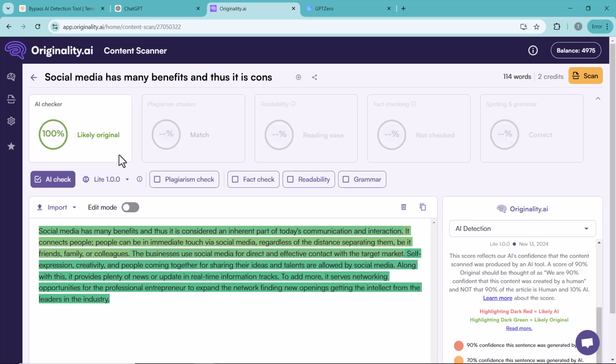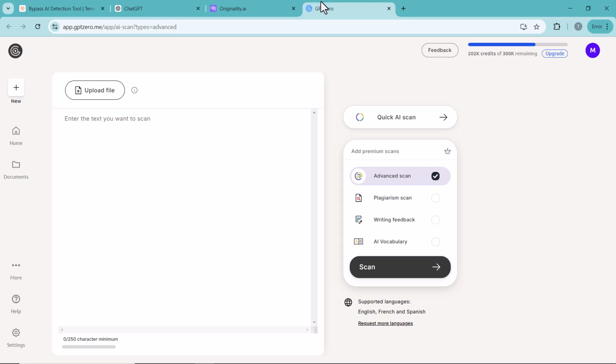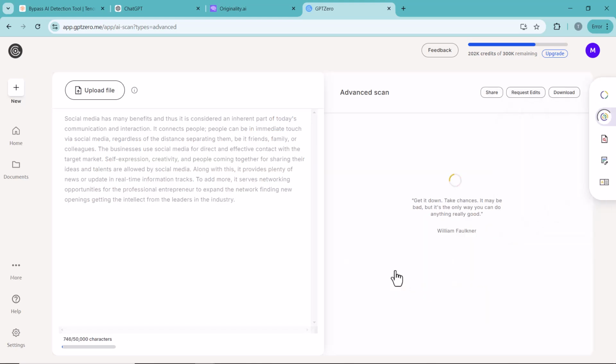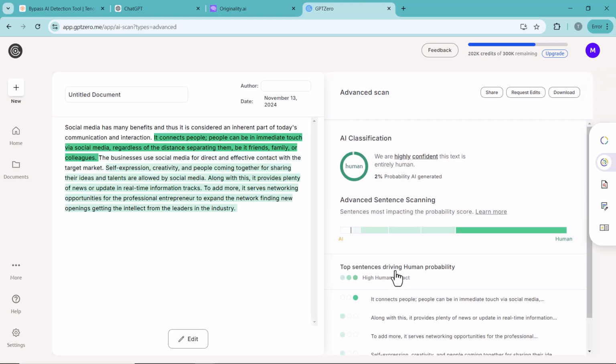Now let's test this content with another strict AI detector, GPTZero. Paste your text here and click on the scan icon. And here you can see the results. 98% humanized and 2% AI generated.